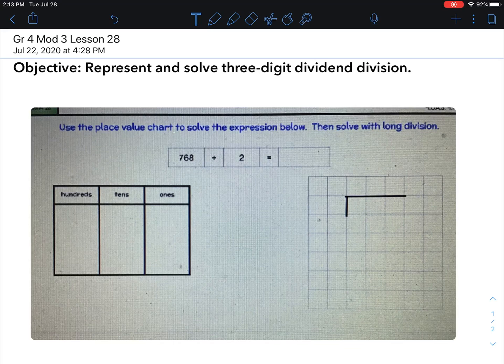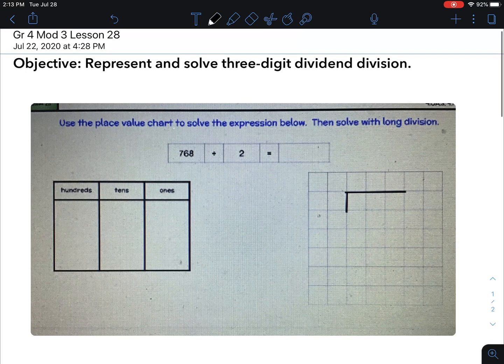The lesson is I can represent and solve 3-digit dividend division. That's a tongue twister. All that means is we're going to be solving division problems where the dividend has 3 digits. Like in this problem I'm going to show you first. It's 768 divided by 2. So this is just like our last lesson